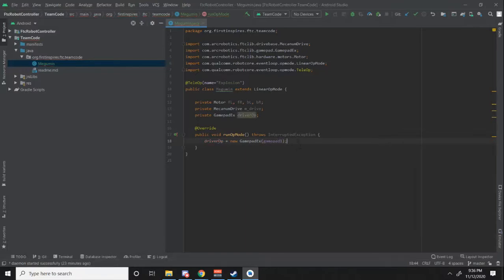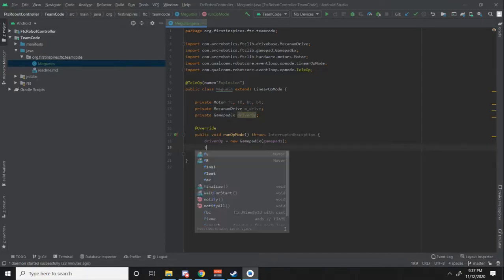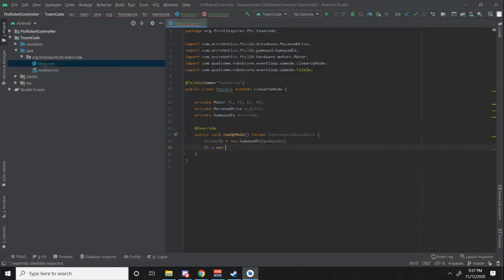Oh, excuse me, I missed an R. And so next we'll go through each one of our motors and give them values. So FL equals new motor, and then hardware map, and then the ID of the motor, which is going to go into the config. So when you're setting up your config for the robot, which I may go over in a later video how to do,